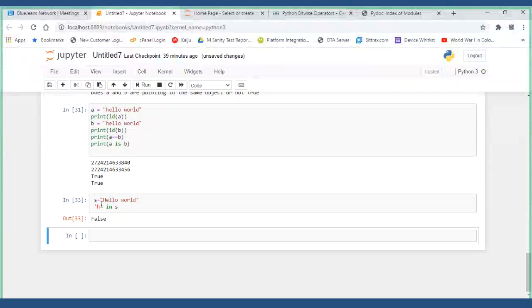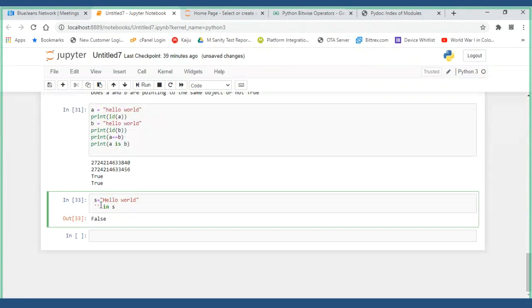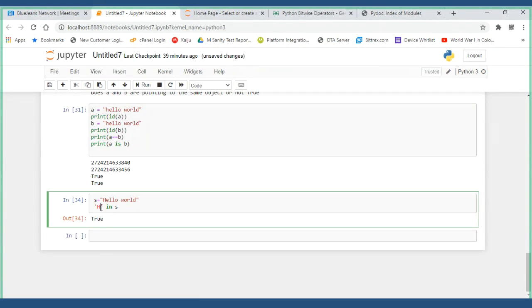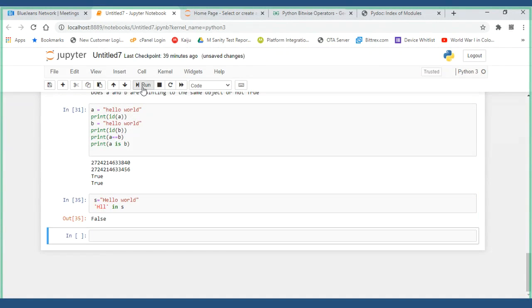Now if you say the same thing, capital H is there or not, you will get True. Now if you say "LL something HELL", you can give multiple things also, no problem, that also returns you false. But if I give just HELL, then it will return you true, because it is there consecutively.